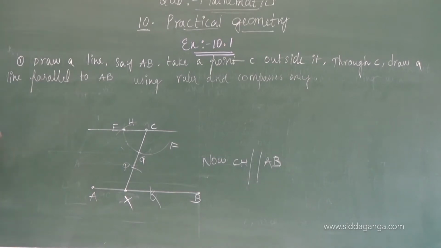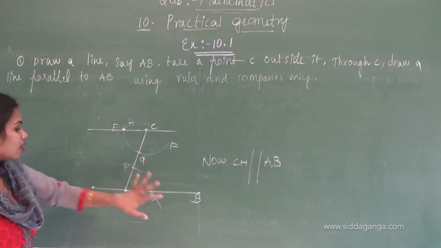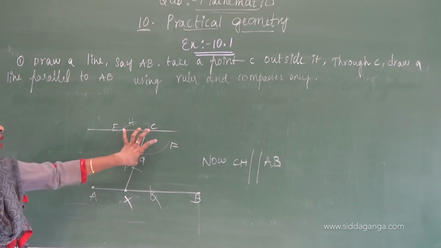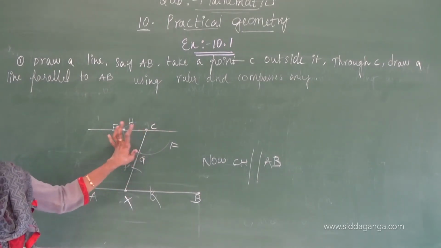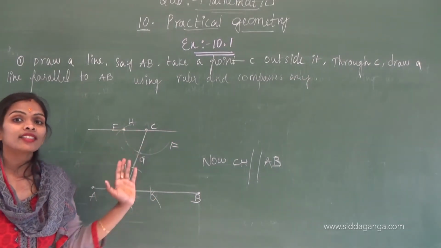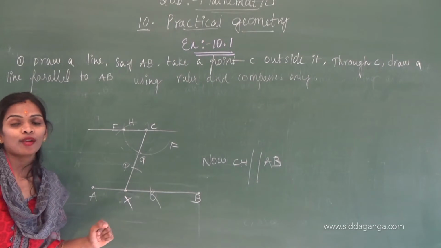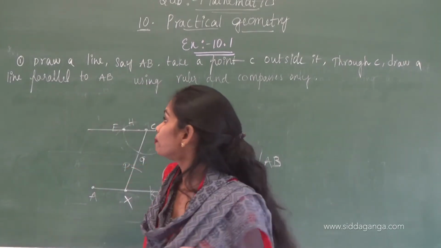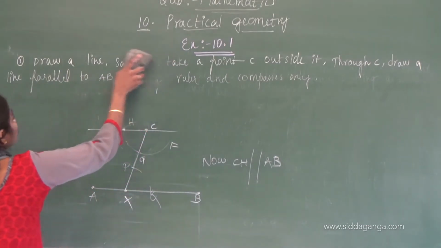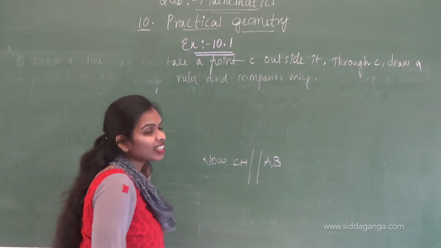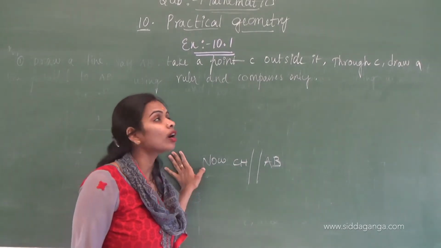Okay, just move on to this next second question. This measurement and this measurement I am taking the same, and I am taking one arc GH here, and then I am joining CH. That CH is nothing but a parallel line to AB. Okay, children, I am moving to the next question, B question. I think C question you can do it as homework.